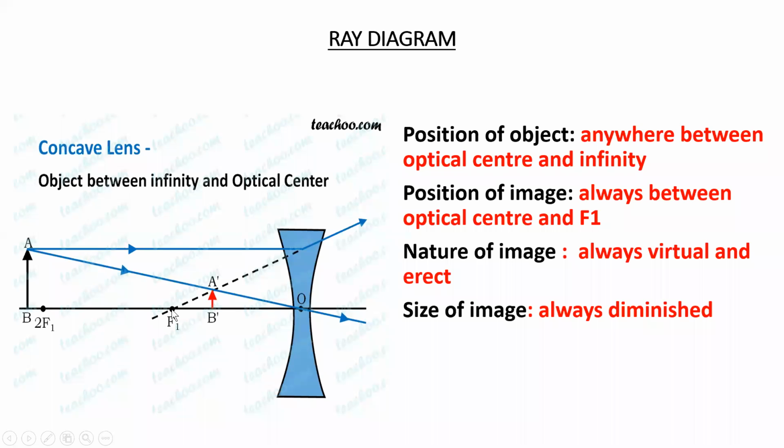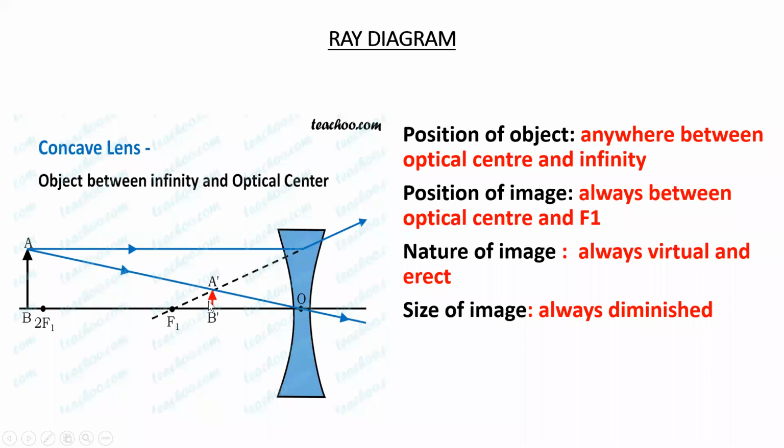If the object is kept at f1, in that case also the image will be formed between optical center and secondary focus. And if the object is kept between optical center and secondary focus, अगर इस दोनों के बीच भी object रखते हैं, in that case also the image will be always formed between optical center and secondary focus,